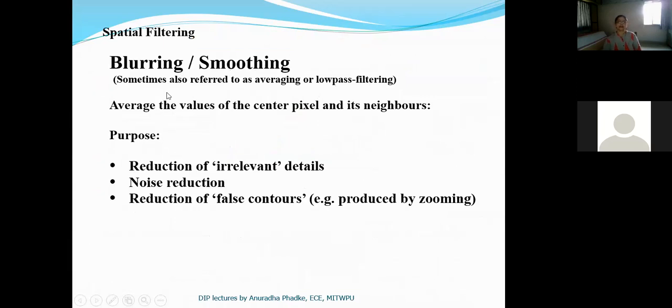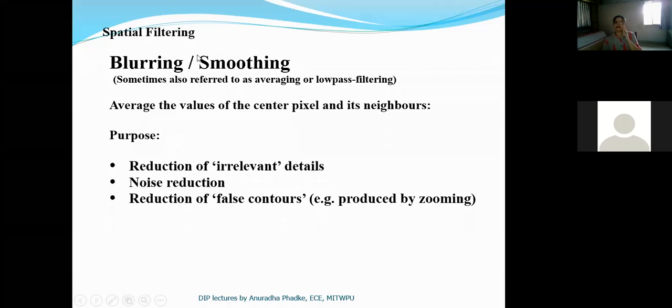Basically, it takes the average value of all the pixels under the mask, or in the neighborhood, and replaces the pixel under consideration by that average value. That's why it is also known as averaging. And all of us know that averaging is equivalent to a low pass filtering operation.